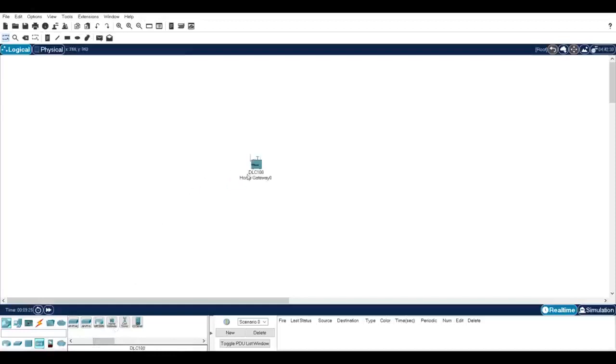Now we need a webcam and a motion detector. For webcam, go to End Devices, then select the home option, and in that you will find a webcam. Drag the webcam into the workspace. Then double click on webcam.